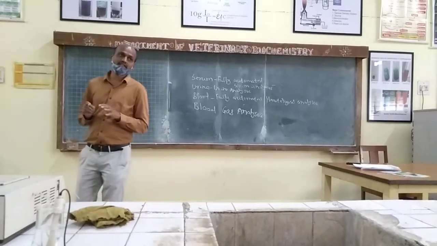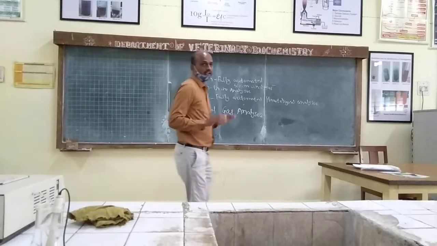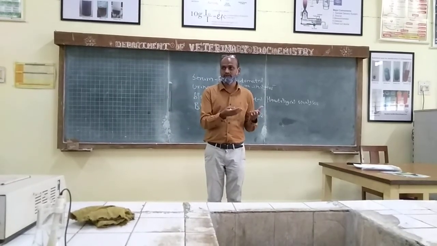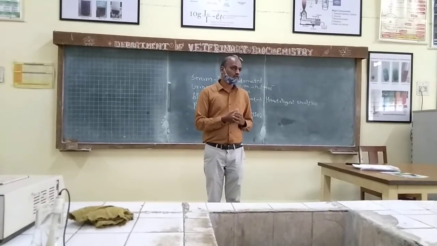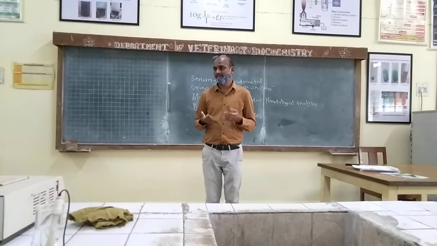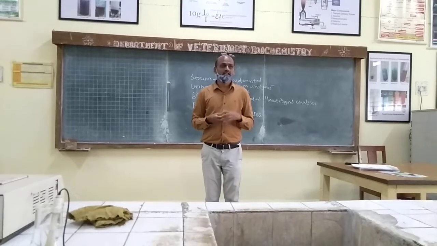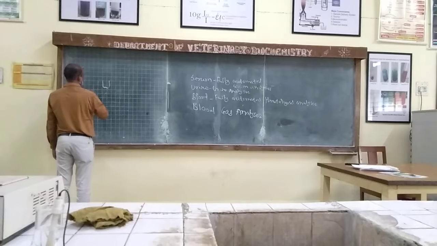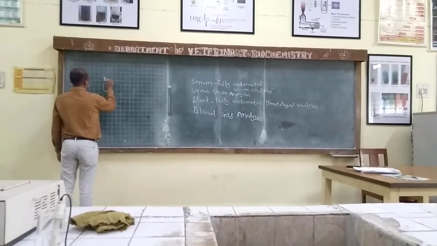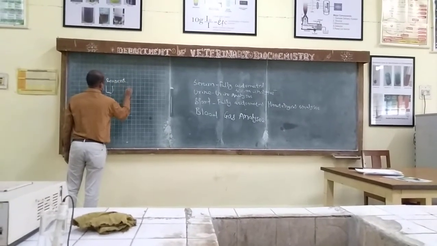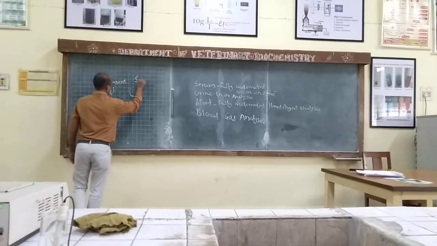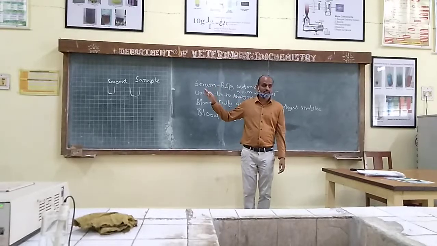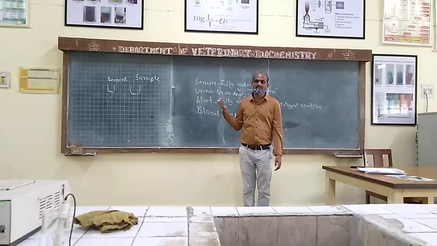So basically, what we do in biochemical analysis is that we have certain sets of reagents. If you are doing a blood glucose test with GOD-POD, which means glucose oxidase and peroxidase, then we have certain sets of reagents, and then we have a sample. The sample can be a serum sample.